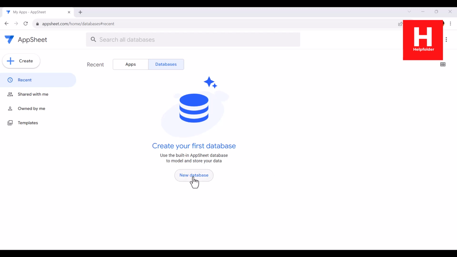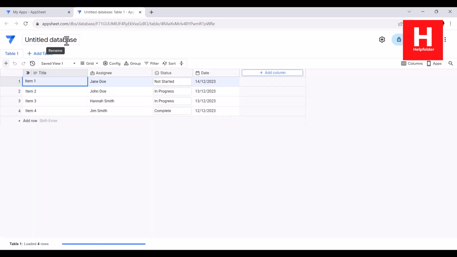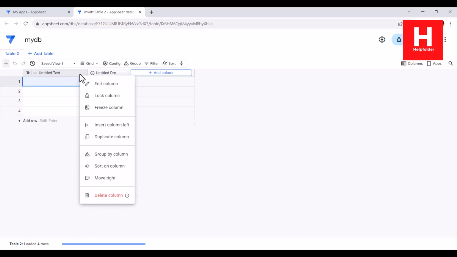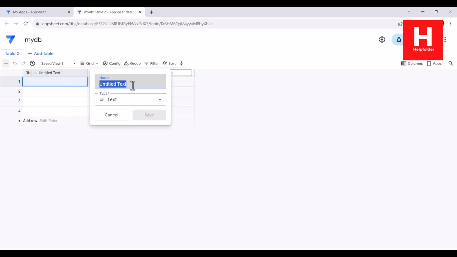So first thing, we will be creating a new database. Right now here you can see we'll have to name the database. By default it will have some random table, so I will create a new one. But before that, let me change this name to MyDB, add new table, and it should appear here. Let's close this one, and in this particular area I will be adding the month. So let's edit this to